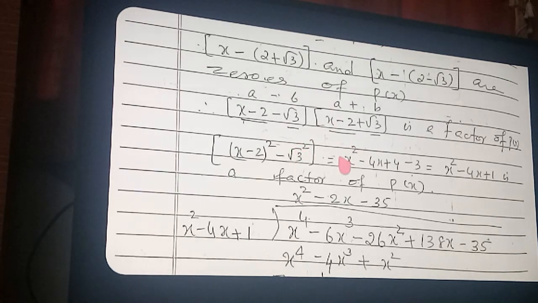That is x square minus, expand this one by the formula A minus B the whole square, which you know. You expand with that. A square minus 2AB plus B square. So expand this one: x square minus 4x plus 4, and root 3 the whole square is 3. So x square minus 4x plus 4 minus 3. So 4 minus 3, how much is coming? Plus 1. So you got the product as x square minus 4x plus 1, which is a factor of the polynomial.